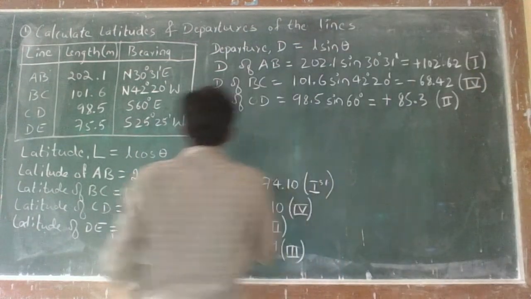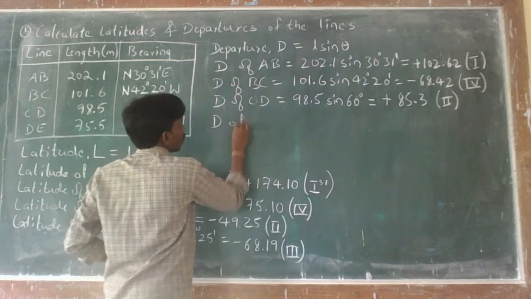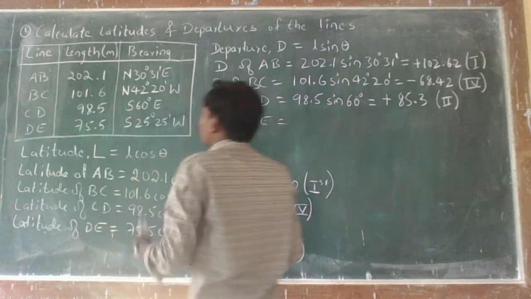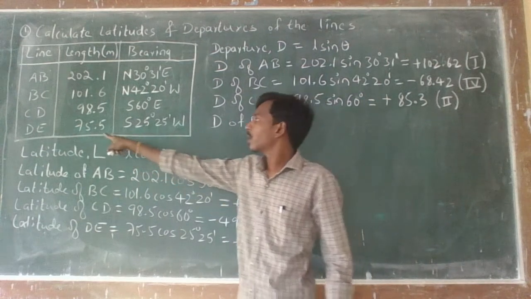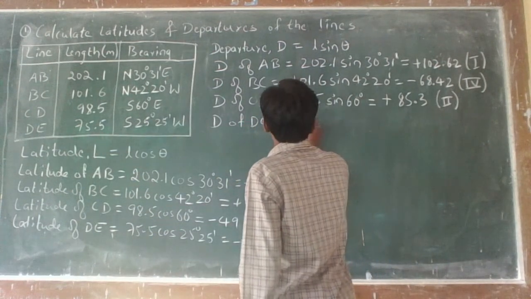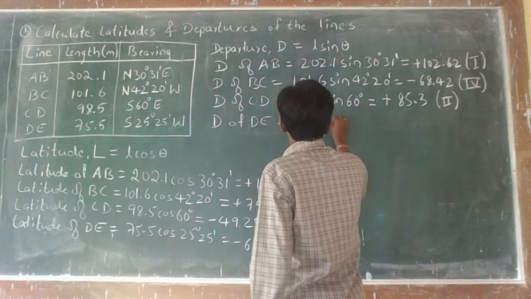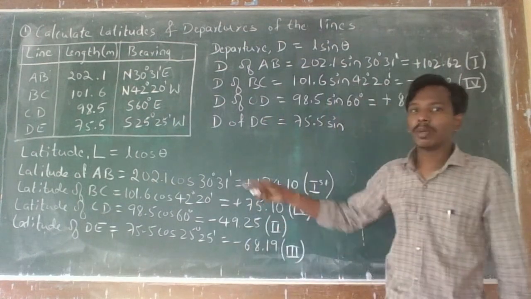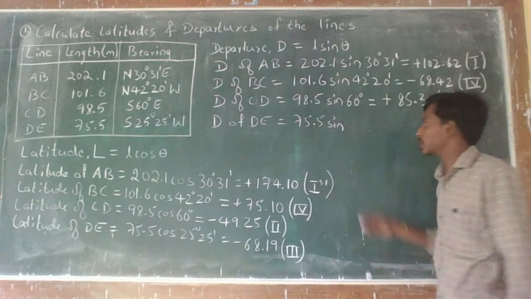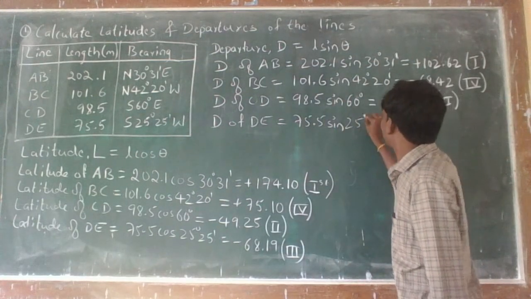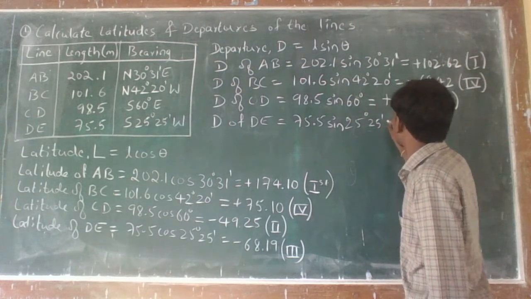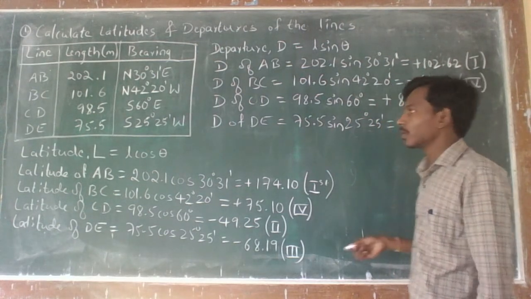Now let's go to the next one. Departure of DE. That is equal to length of DE is, here you can see 75.5. So 75.5 sin. The bearing is 25 degrees, 25 minutes. So write 25 degrees, 25 minutes. That is equal to, now